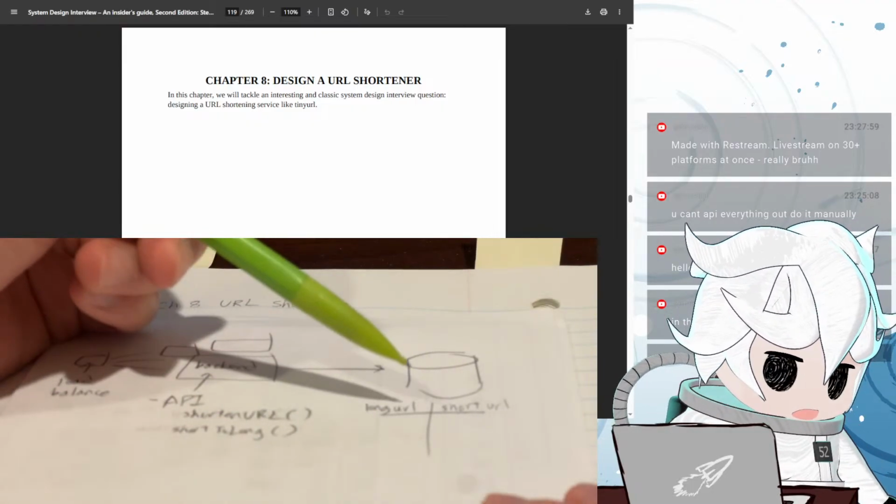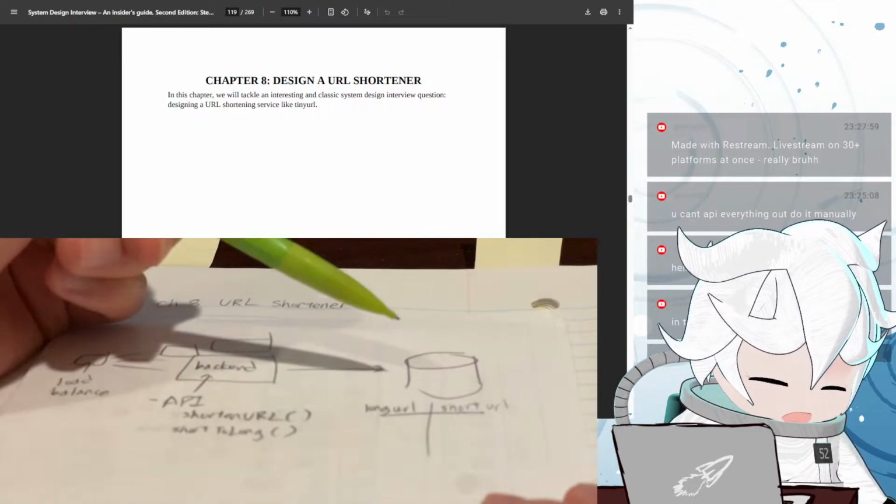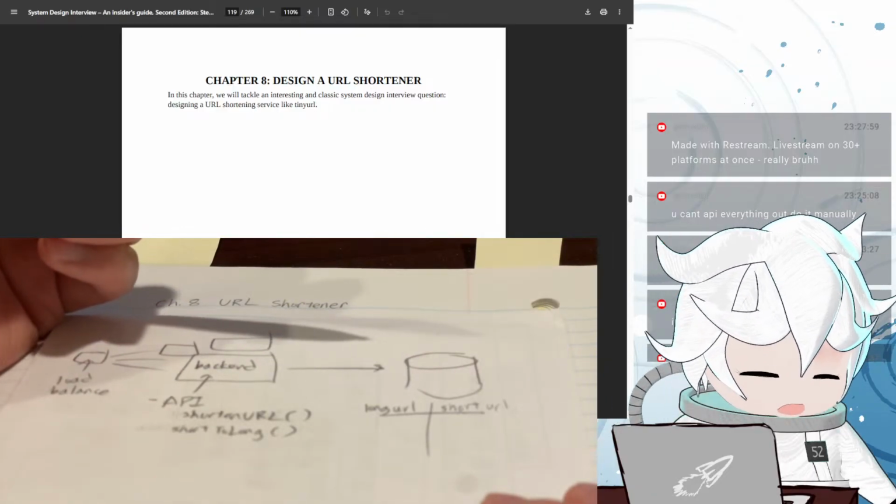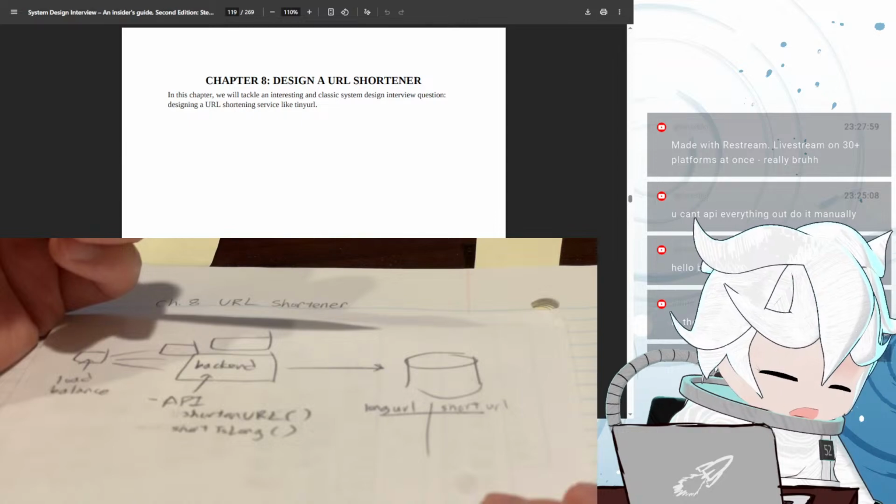And then our data store over here, we can probably scale that out with database replicas.